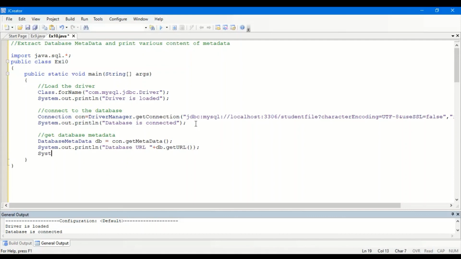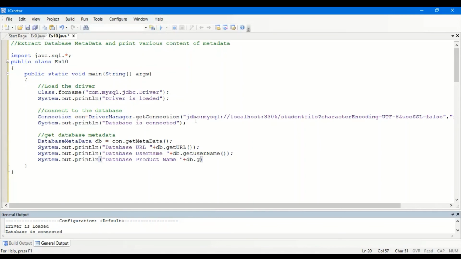Now we are going to extract the database username. System.out.println, database username. So db.getUserName, user capital letter, name capital letter. And the next thing we are going to extract is the database product name.